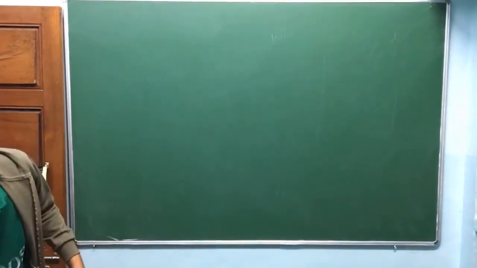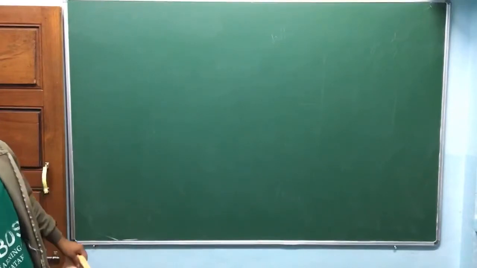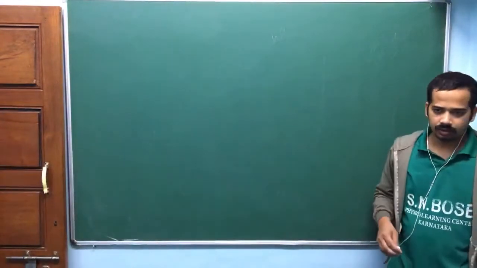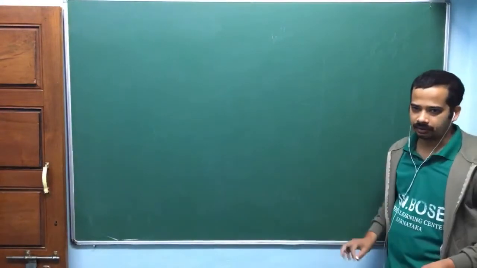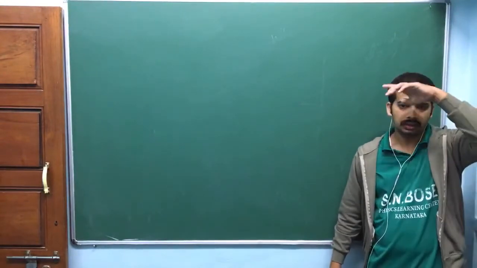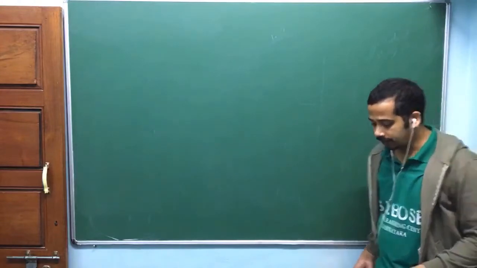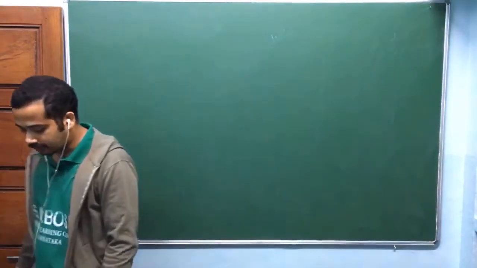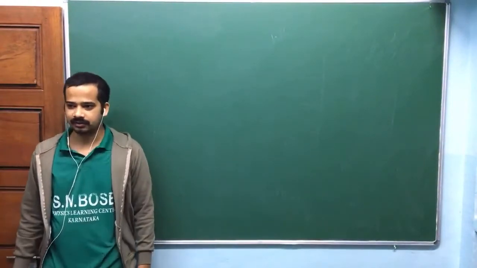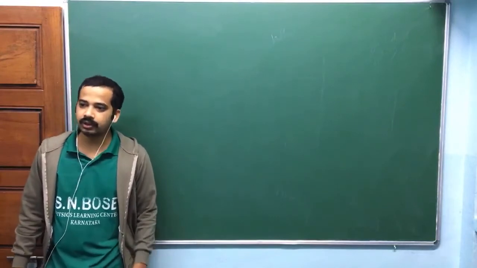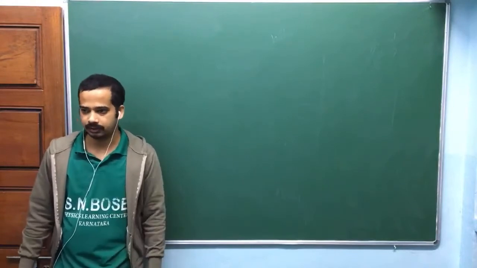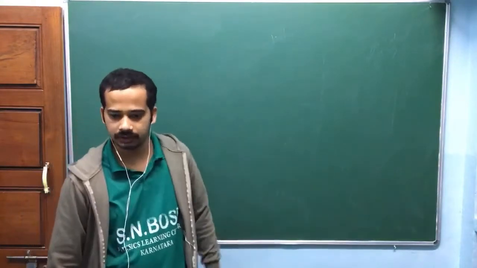Now look here. I asked the question: what is big? What is small? Did you find any answer? Again, we say for a big particle we can apply classical laws, and for a small particle we can't apply classical laws, isn't it? Now, how do you quantify big and small? How do you define big and small in an absolute way, without doing any comparison? Remember, without any comparison, we need to find the absolute meaning of big and small. Then I think we will get our answer on how to proceed with the theory.